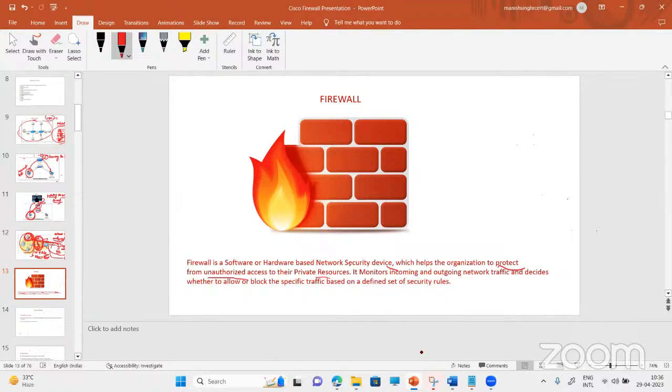Guys, can anyone explain what a firewall is now? Now that you understand what a firewall is and what it does, can anyone explain it? Anyone? Yes, a firewall makes our data secure and prevents unauthorized user access. Very good. It secures our data and prevents